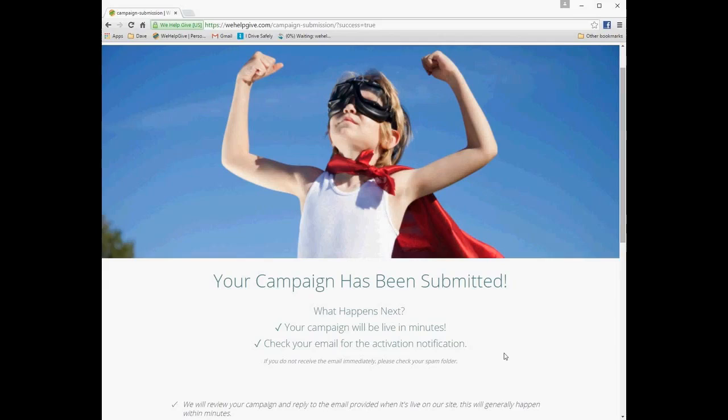So for instance, if you signed up with your Facebook, whatever email address you use for your Facebook account to log in, that's where we're going to send this. If you used a username and password, meaning your email and a password, check that email as well. So once you have verified that email, your campaign will be